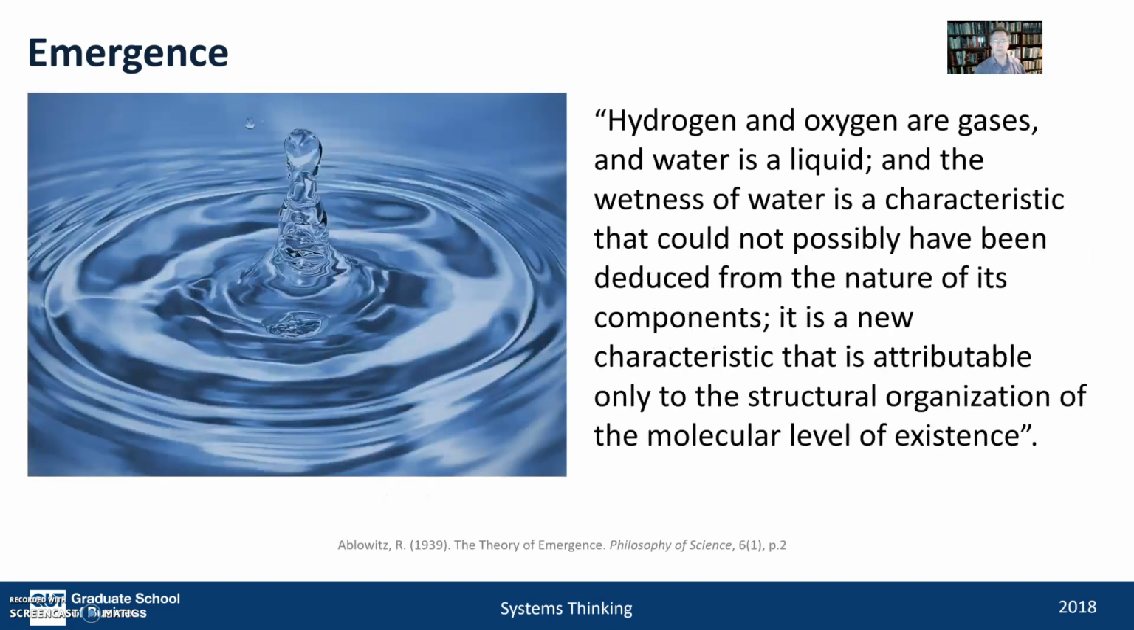Now, a very good example of emergence is water. Hydrogen, oxygen are gases, and yet water is a liquid. The wetness of water is a characteristic that could not possibly be deduced from the nature of its components. It is a new characteristic. Now, we know that in certain environments, on certain surfaces, hydrogen and oxygen combine to produce wet water. In different environments and on different surfaces, it might be steam, it might be ice, it might be supercooled liquid, but yet the fundamental expression of the resultant phenomena arising from hydrogen and oxygen is in actual fact an emergent phenomena, and we don't know how it is